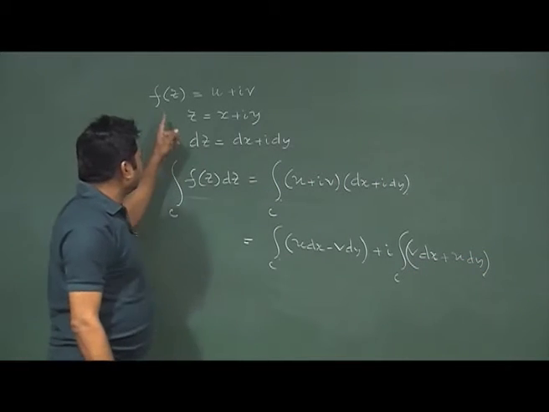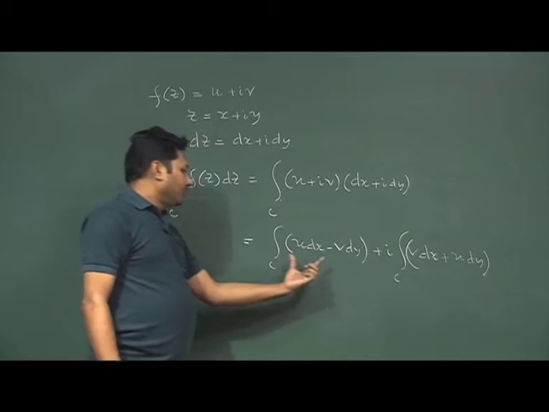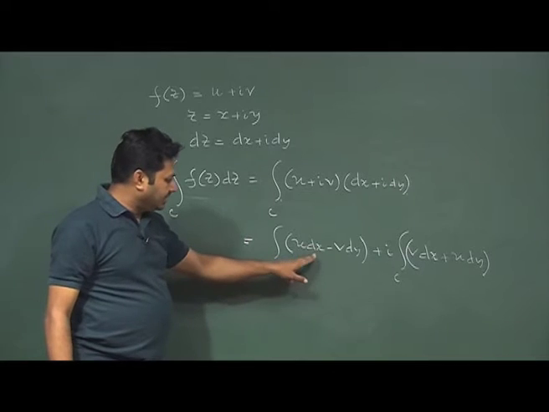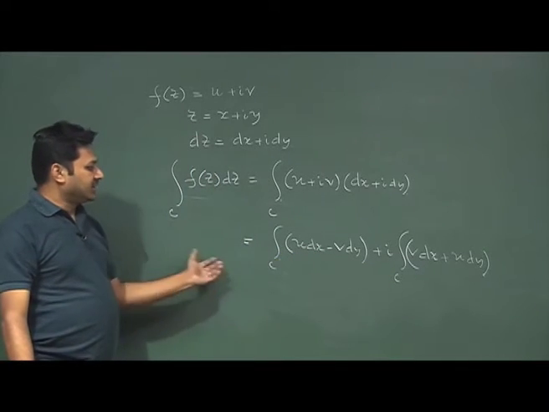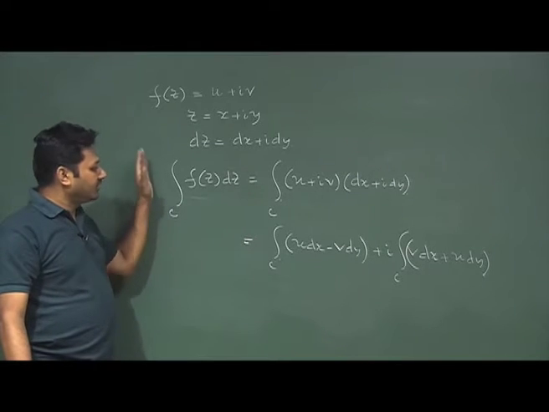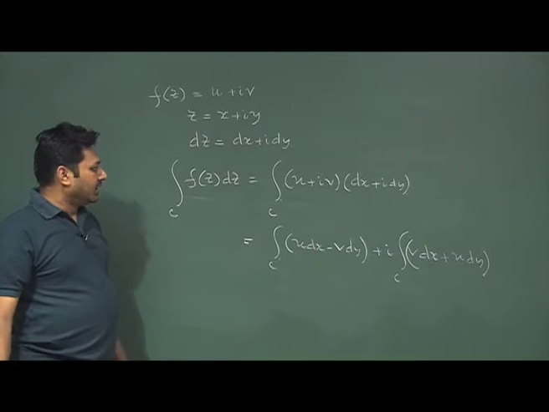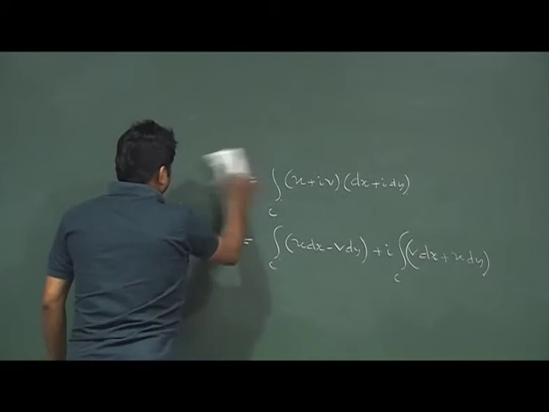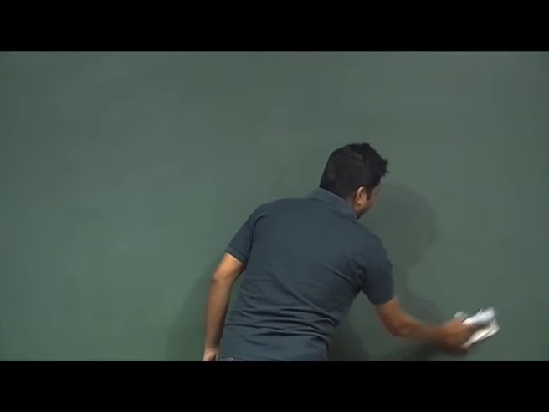If the function is given to me, I know what is my u, what is my v, then I need to put that in, and if the curve is given to me, I know how this dx, dy are going to change, and then I will evaluate the entire integration using this. This is the procedure or the recipe to calculate the integration, apart from any other theoretical detail. This is the way we will do all the calculation.